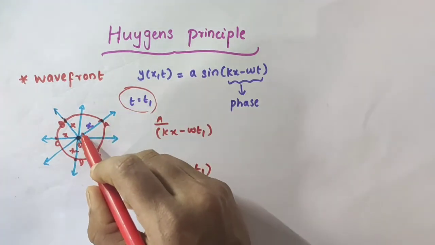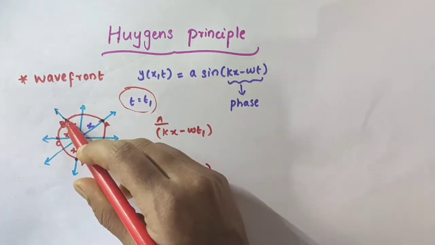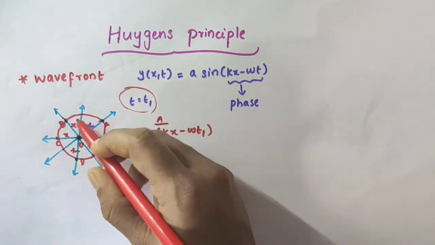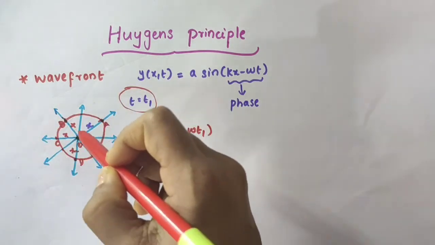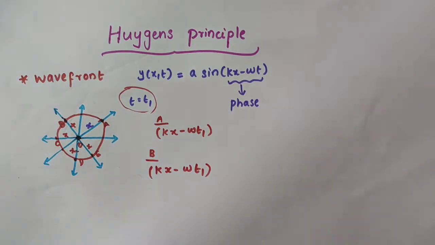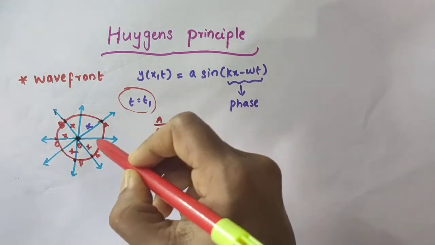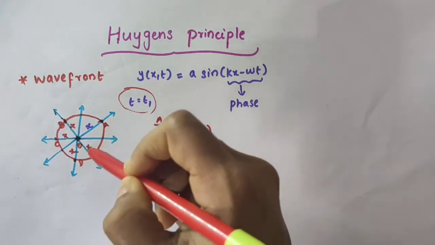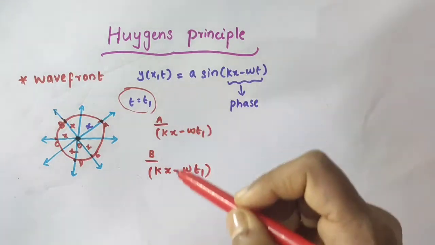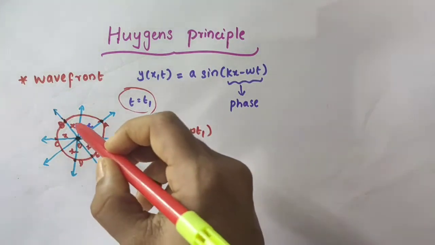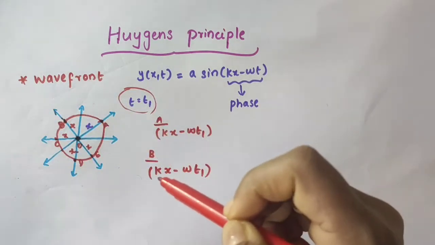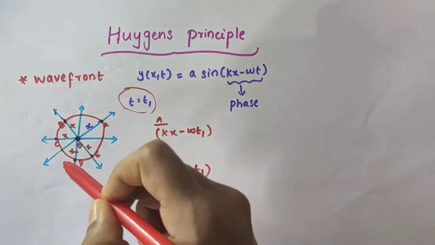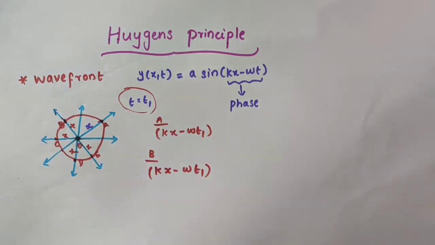If you are taking the same distance x from this point to this point, from this point to this point, you will get a circle here. So if we join all these points which are in phase, which are x distances away from O, that is from the point of impact, we will get a circle. All points on such a circle are oscillating in phase. In phase means they have the same phase. They oscillate in phase because they are at the same distance away from the source. Source means the point of impact.